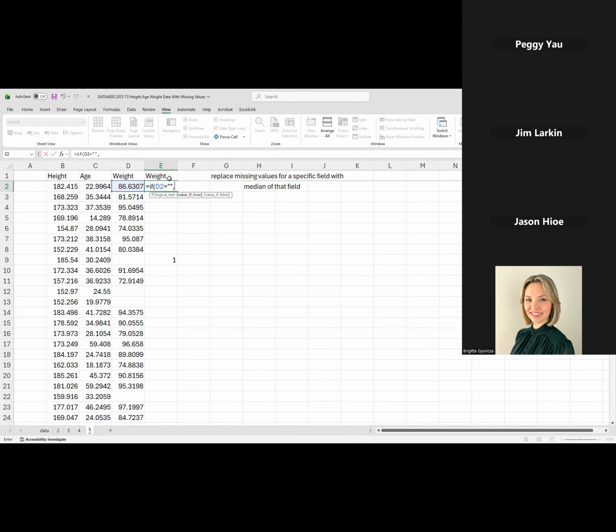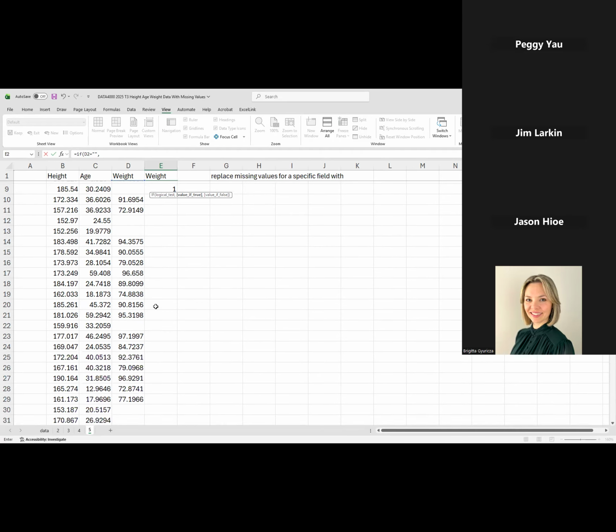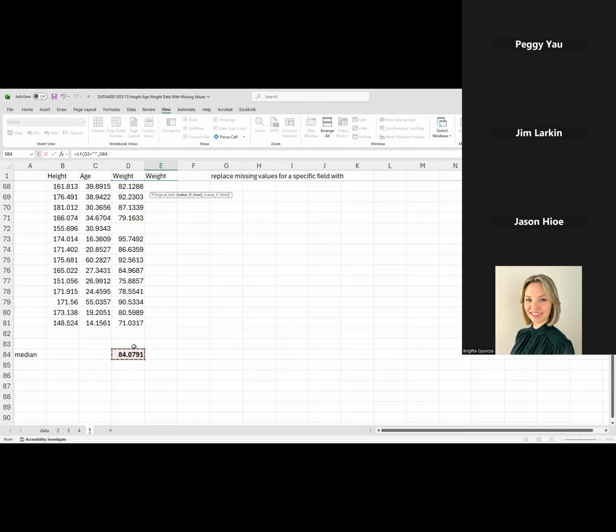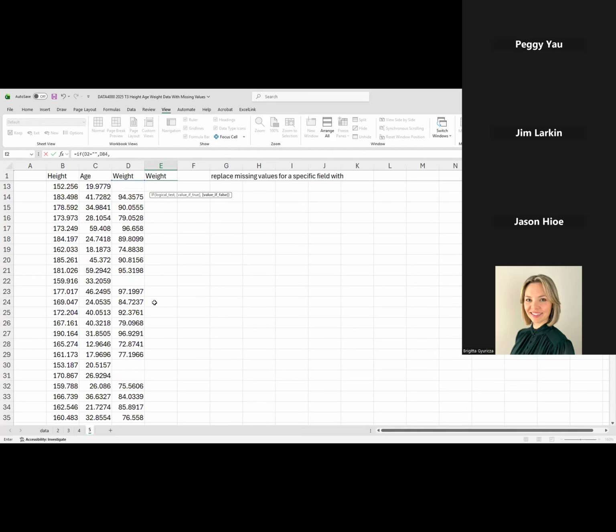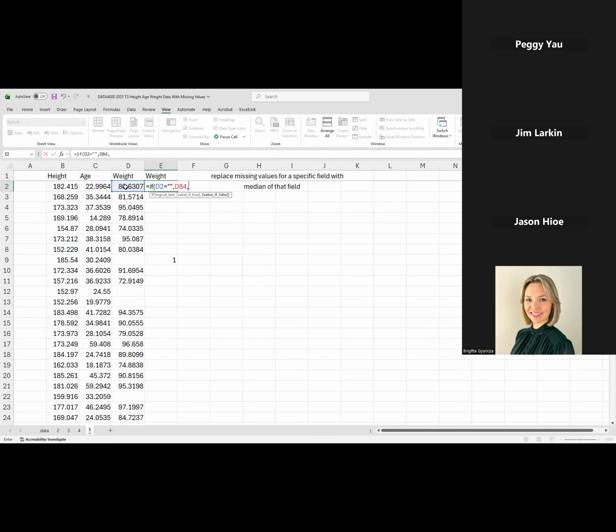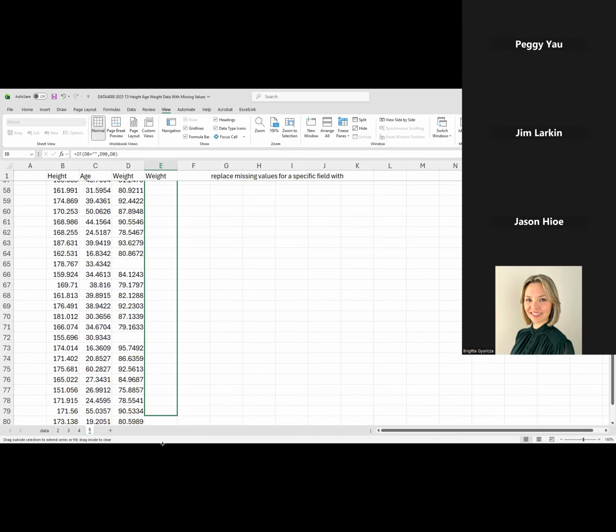If D2 equals the quotes, then is nothing, then I want you to use the median, and otherwise I want you to use the given value. So if I do that now and drag it all the way to the bottom, I ought to find,